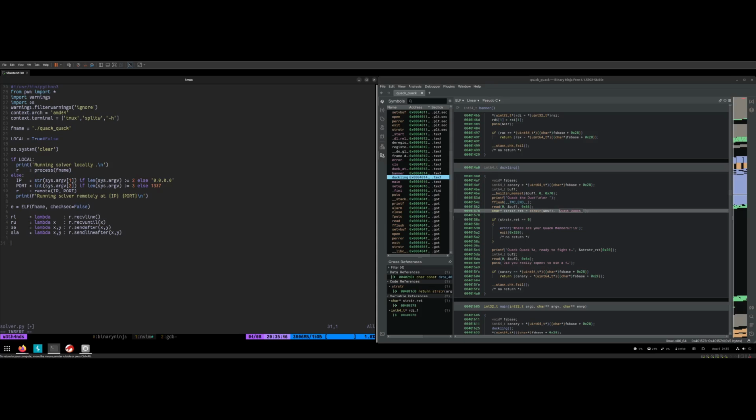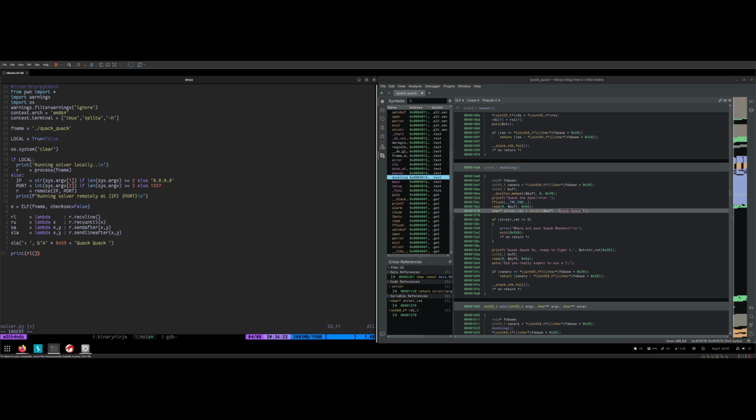We need to pass the first quack quack and send line after this, and we need to send, let's say, A's times 0x59, because we're gonna send line after here, so it's gonna add another 1 byte, and then we need to send the quack space string,